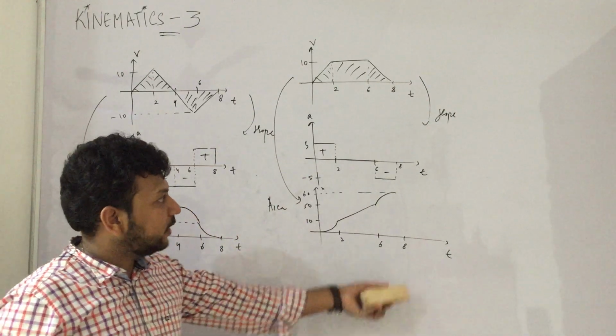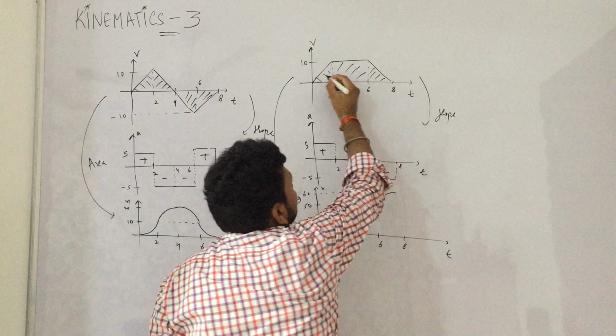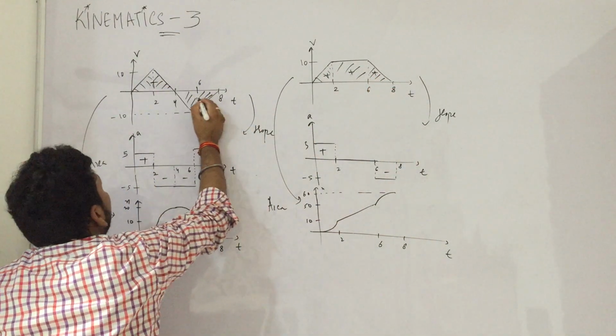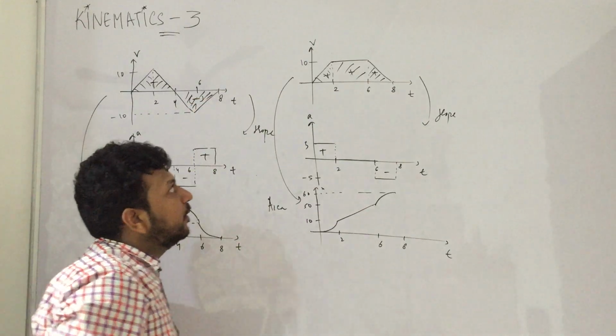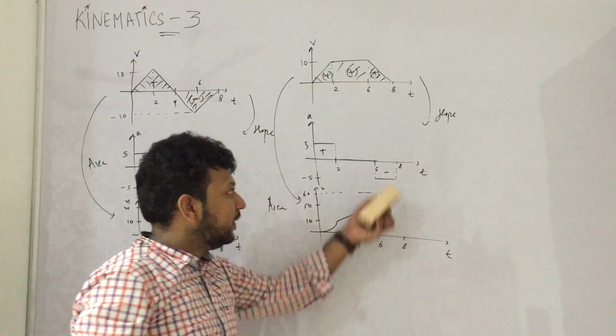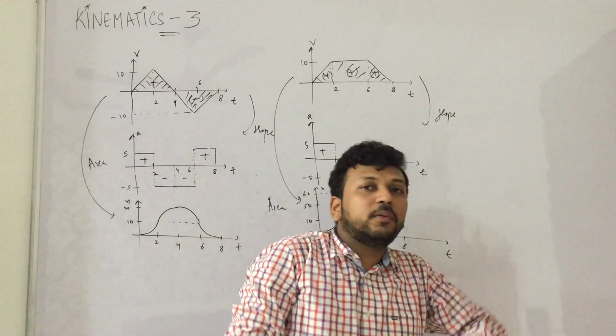So as you can see, the x was increasing only. I never turned back. My velocity was always positive. In the earlier graph I turned back, positive and then negative. Here it was always positive, so my position always increased. So this is how you have to solve it. And I hope the concepts are clear.